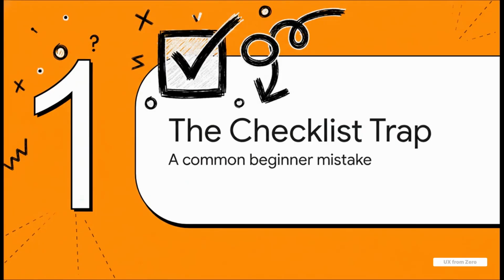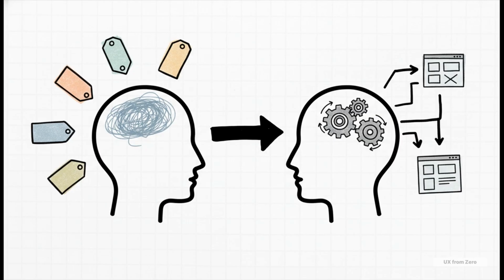All right, first up, the heuristic checklist trap. This is the first hurdle for so many designers. It's this tendency to see heuristics as just a to-do list you have to check off to make a good design. And that really gets to the heart of the problem, doesn't it? I mean, knowing the names of Nielsen's 10 heuristics, that's one thing. But understanding how to actually apply them as flexible principles in really complex real-world design decisions, well, that's a whole